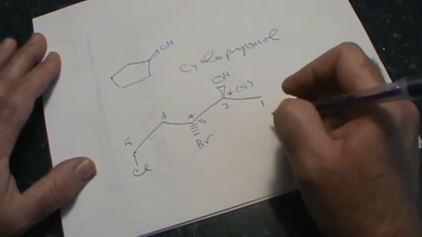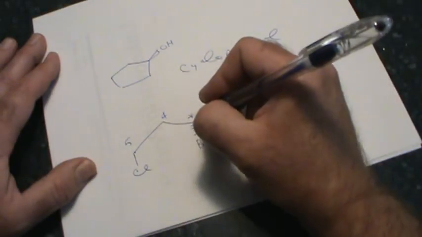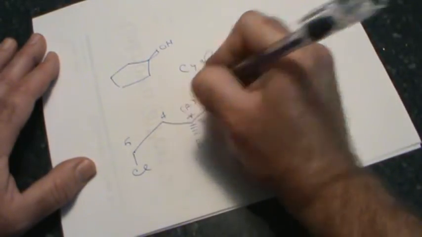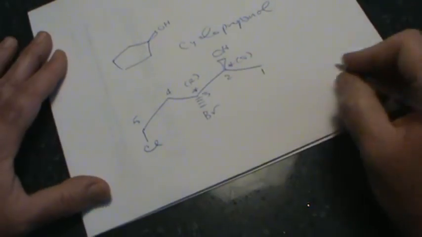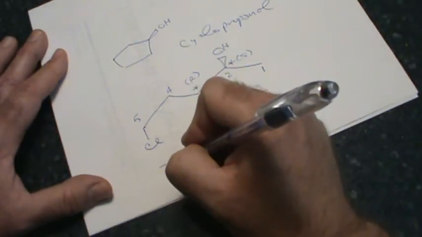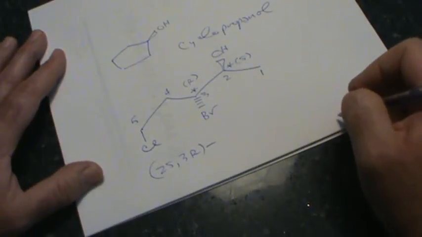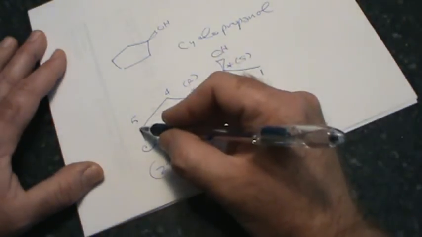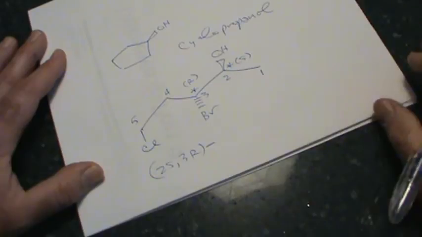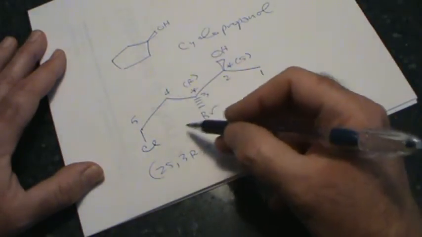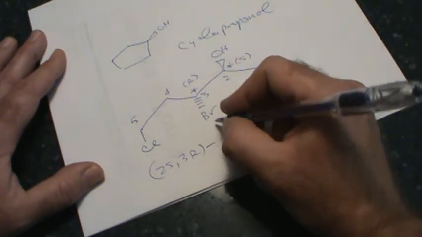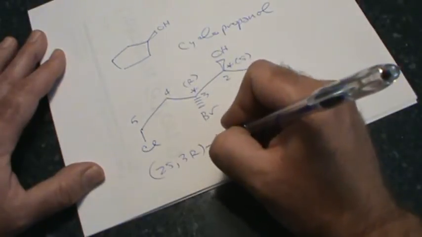This is a counterclockwise direction, but the group of lowest priority is in the front, so that's going to become R. So this becomes a 2S, 3R, and now we got to put our substituents. There's no stereogenic center out there, but I still have to include the chlorine substituent. I've got a bromo and a chloro, so it's going to be B before C, 3 bromo, 5 chloro,